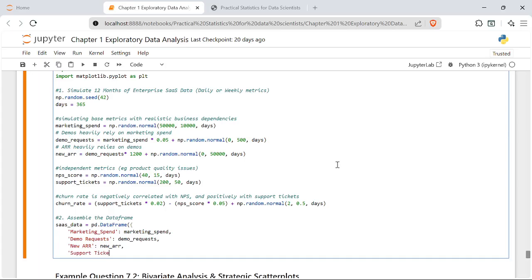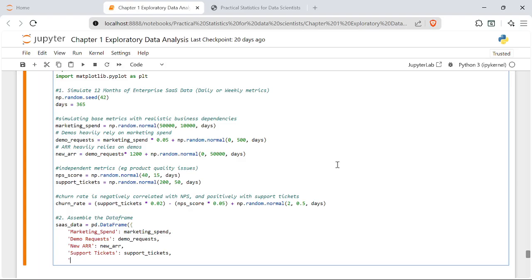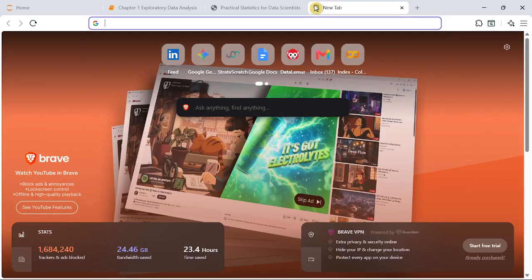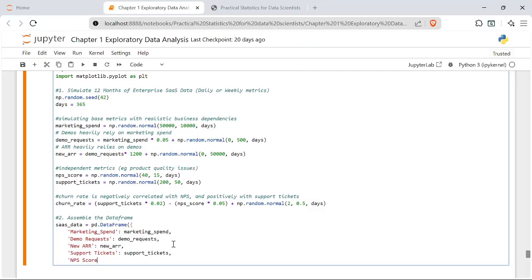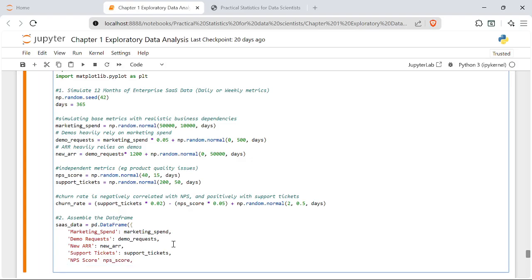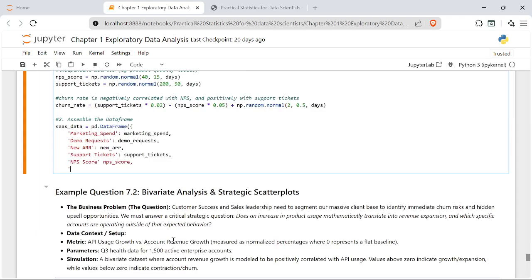support_tickets as support_tickets, NPS score, net promoter score as NPS_score, churn rate as churn_rate,